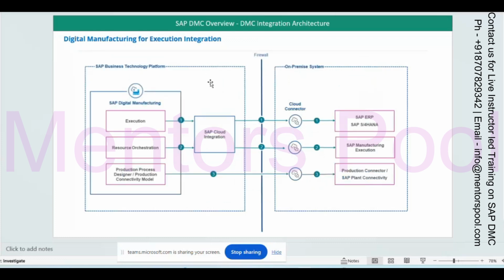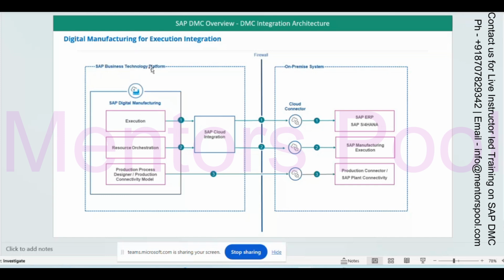Here you can see, now I'm going a little bit in depth, digital manufacturing for execution integration. SAP Business Technology Platform, so this is nothing but the BTP. BTP is at the higher level, and inside it all the SaaS applications are there, because SAP is managing everything through the BTP global account.